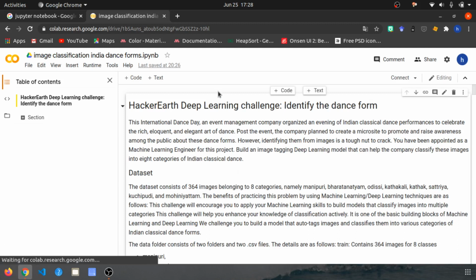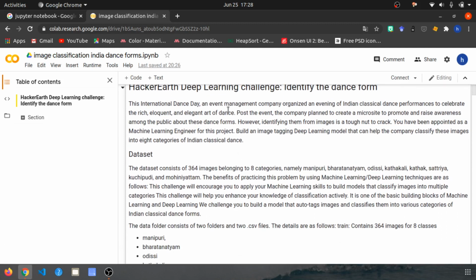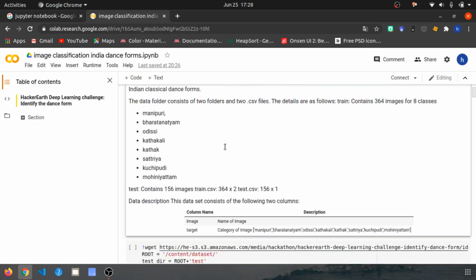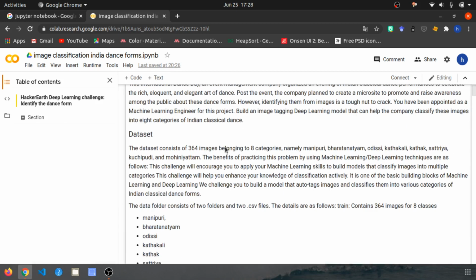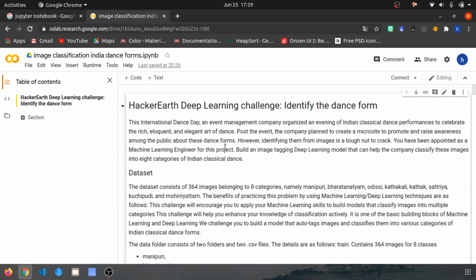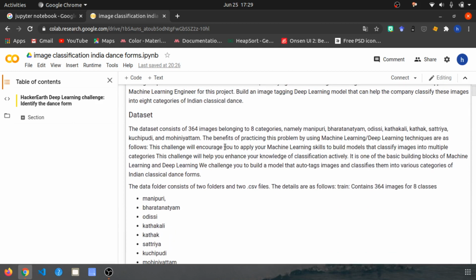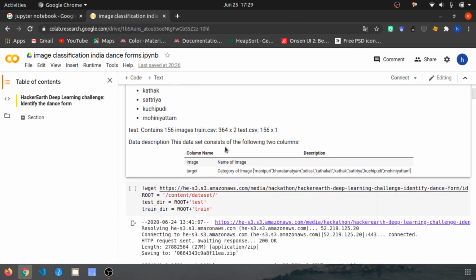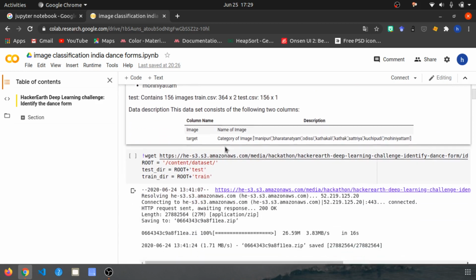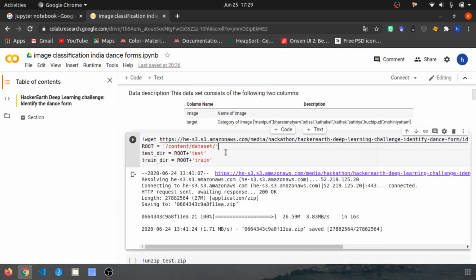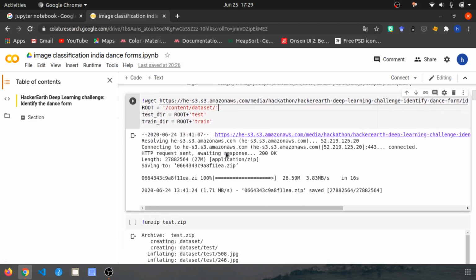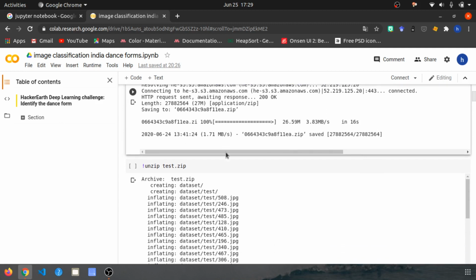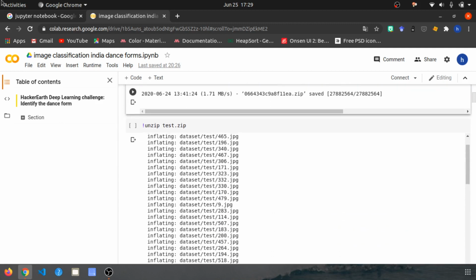Basically it contains text where you can give a description, like what your challenge is, where you got the dataset from, and what the description is. You can add images also, and here you can code, you can give the live code. So that's the advantage.